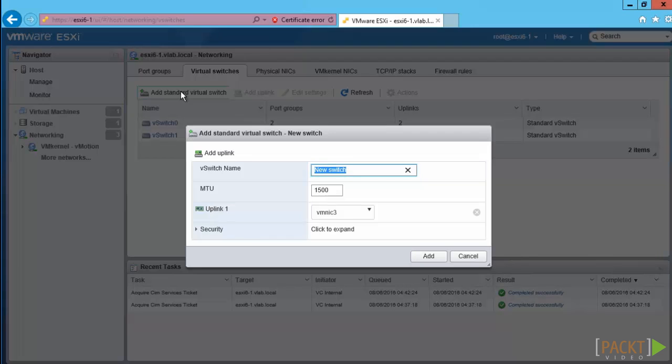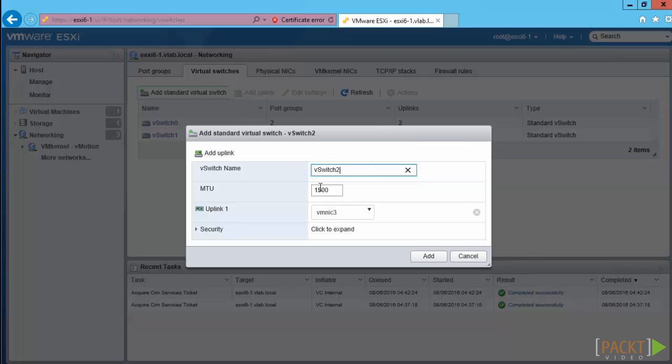So my vSwitch name, I don't know. I've never tried naming a vSwitch before. Typically in the desktop client, it's just going to name it for you, right? So in this case, I guess I can call it vSwitch 2. I'm curious what I can do here in terms of spaces and things like that, but no real reason to